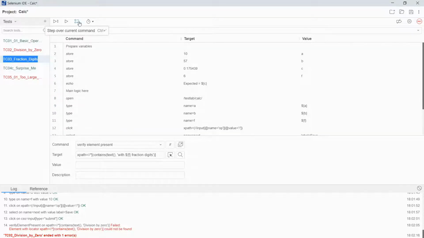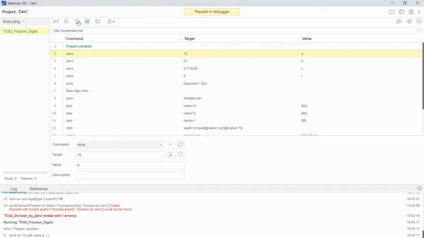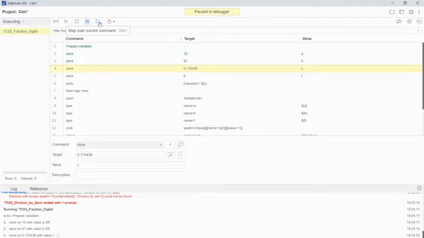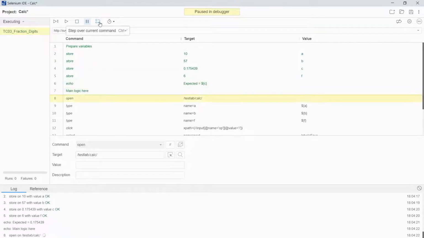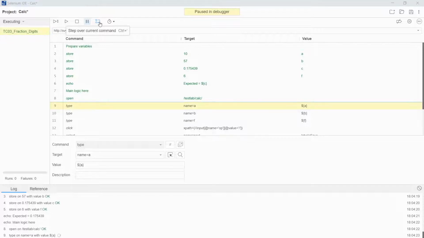Let's run this test case step by step. Here we prepare variables, so nothing will happen, and the main logic: open.